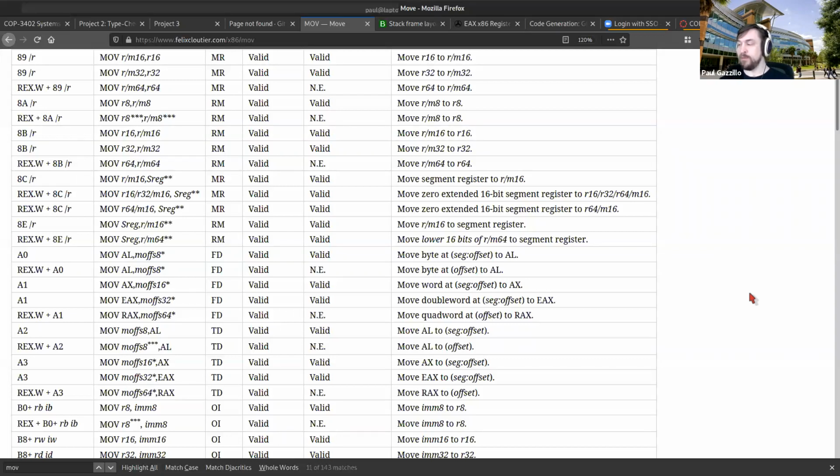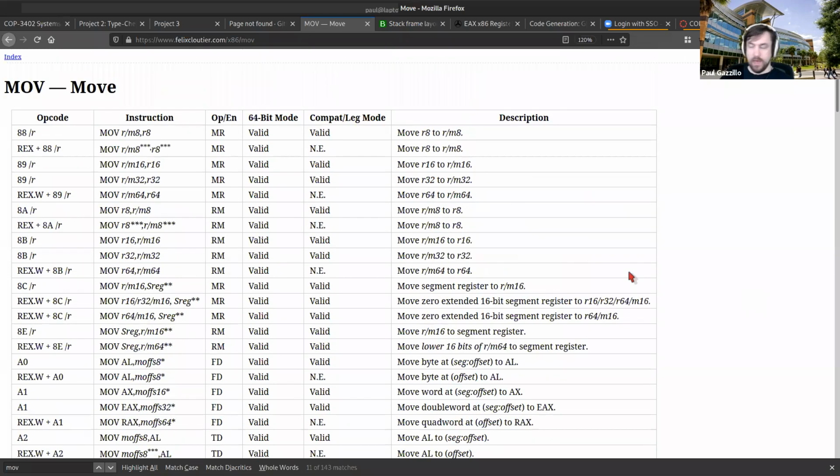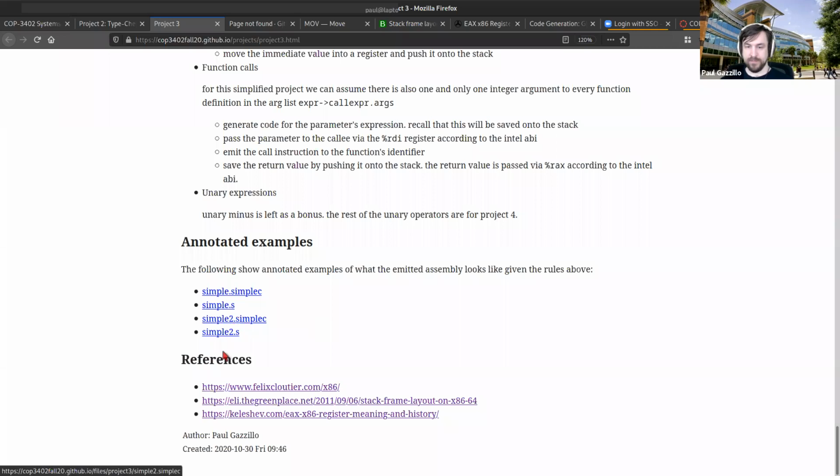And if you're a compiler writer, then you should know the architecture in detail so you can write optimal code and take advantage of the architecture as much as possible. But for our simple compiler, we just need to know a few instructions to generate corresponding code for our input language. Okay, so before we take a break, I've given you a reference in here to